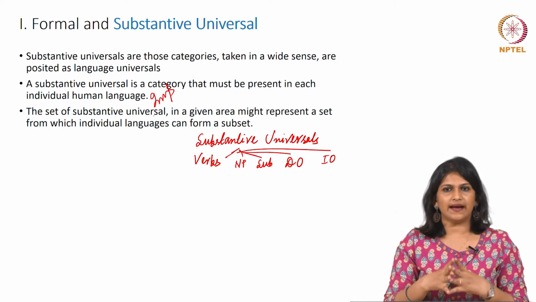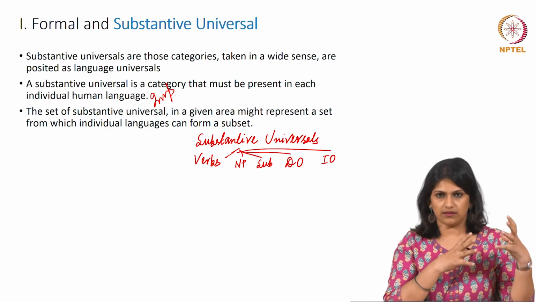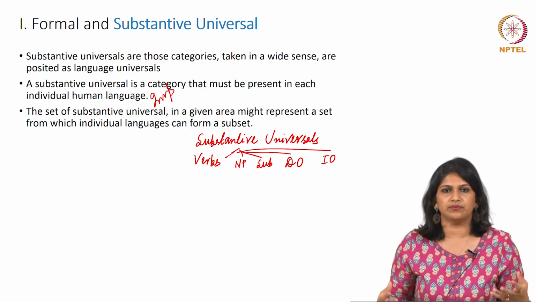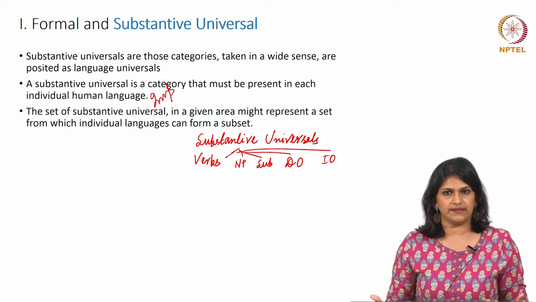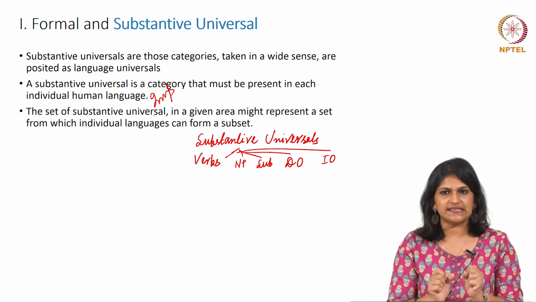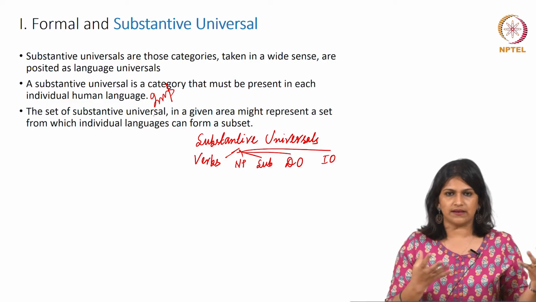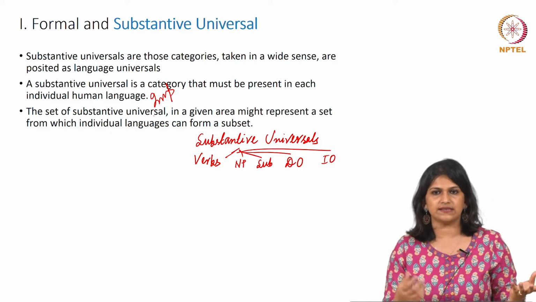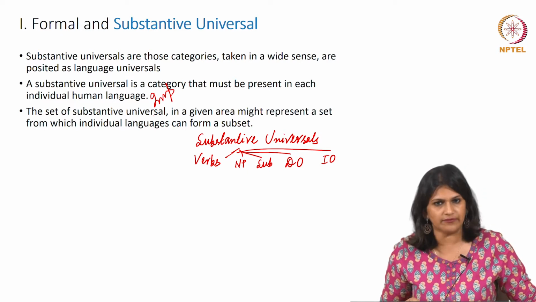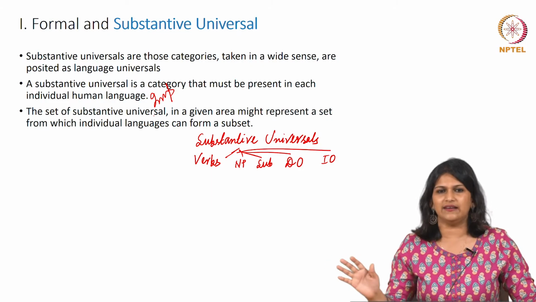So, anything that clearly gives us an idea, that distinguishes that these are the features of a possible language, and if these features are not there, the language seems to be impossible to conceive. So, that means if you put it together, the substantive universals, they are distinctive and necessary characteristics of human language, and these would be either the possible characteristics or impossible characteristics. If it is a possible characteristic, that means each language will have that. If it is an impossible characteristic, then definitely these features are not going to be available in any of the languages, like 1 and